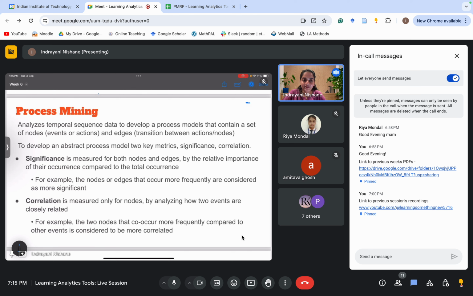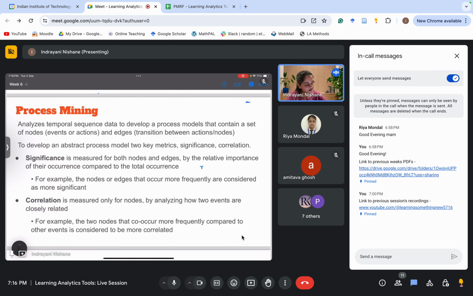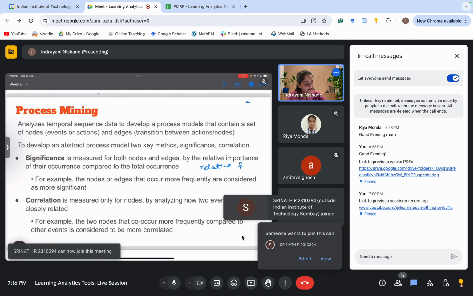Now, in order to abstract that, or in order to retain only the relevant and important information, we follow two matrices: significance and correlation. So significance is which node or which action is occurring more frequently in that log data. Okay. So it is measured for both nodes and edges. When we say node, we are talking about the action, and when we say edges, we are talking about transition between those actions. Yeah. So significance is nothing but relative importance of occurrence. That means relative frequency. You all would be knowing the concept of relative frequency,